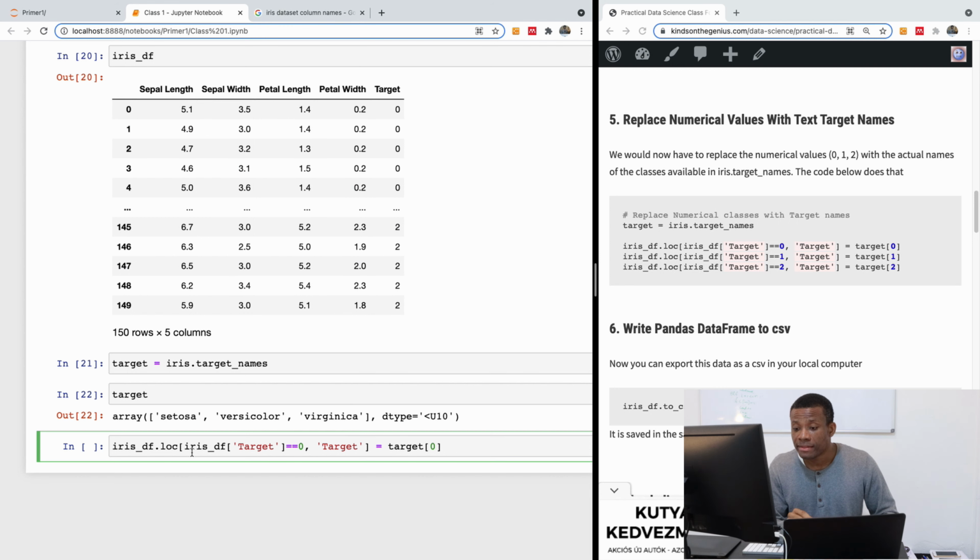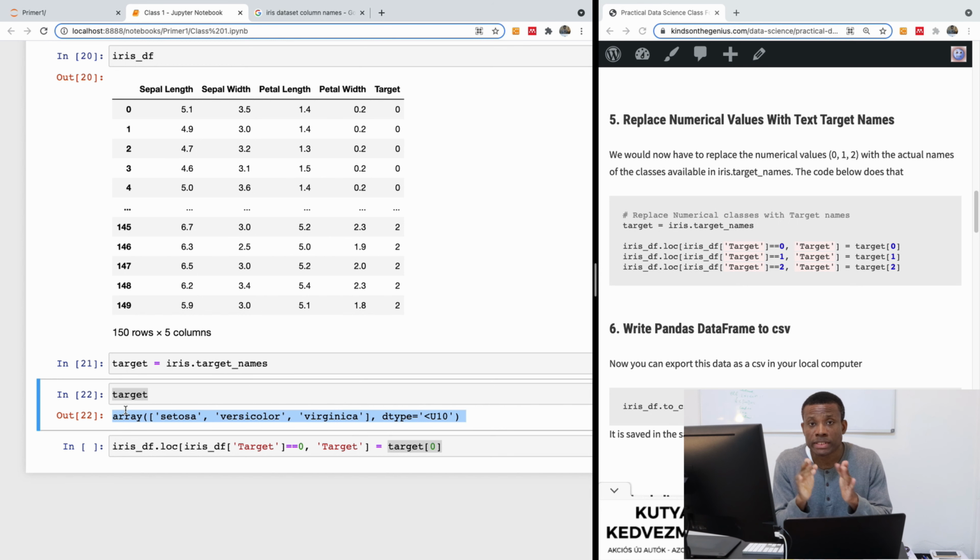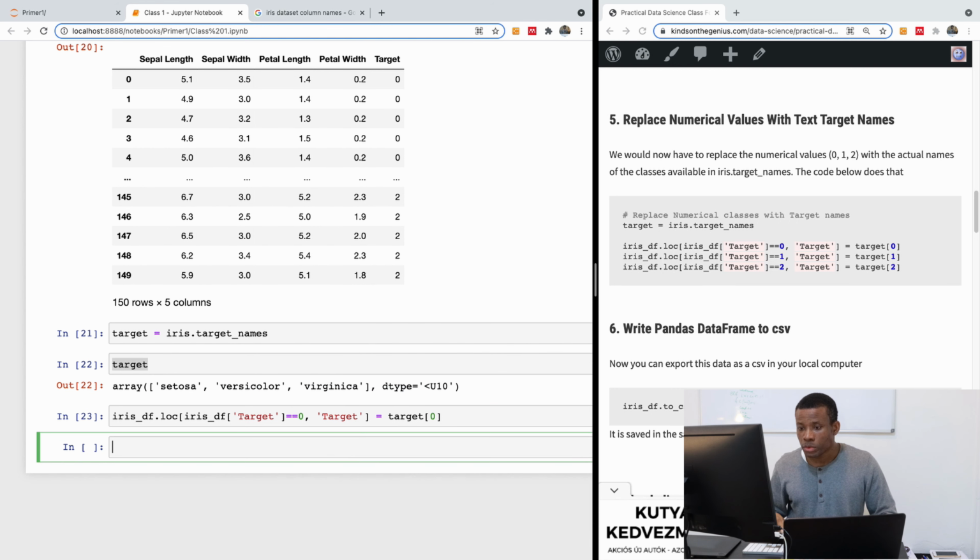We are saying that in the column where the target value is equal to 0, we are going to set the value to target 0, which is setosa, because target 0 is setosa, target 1, target 2, right? Target is 3 items, target 0, target 1, and target 2, a list of 3 items. Alright, so if I run this code and say Iris df,